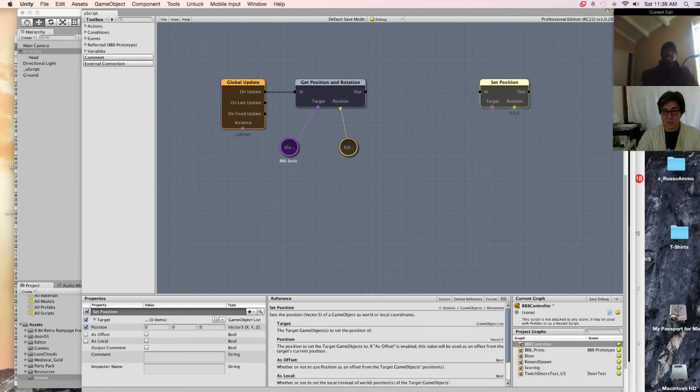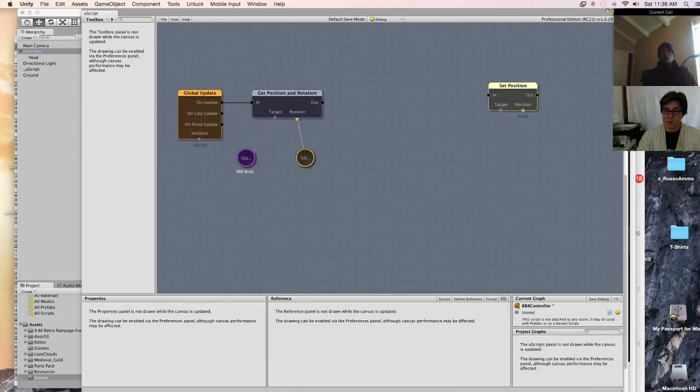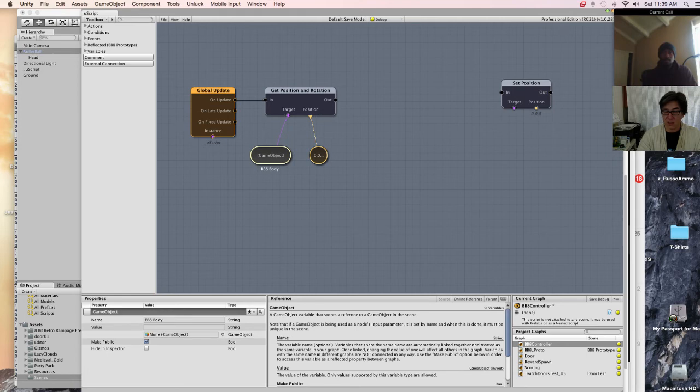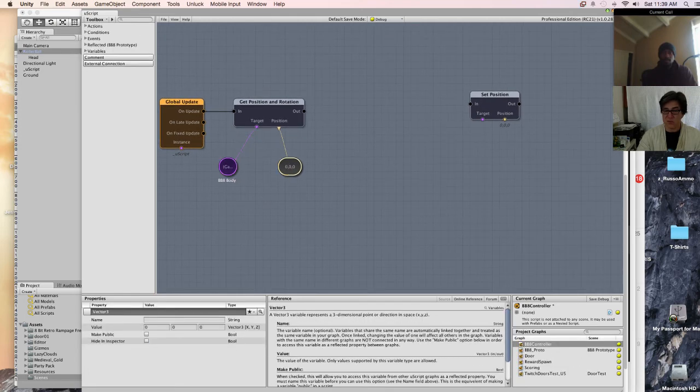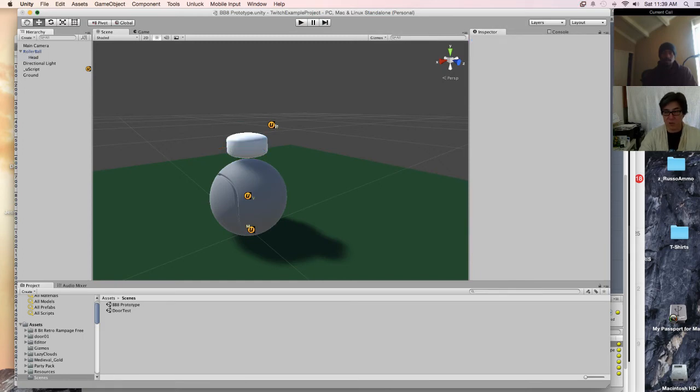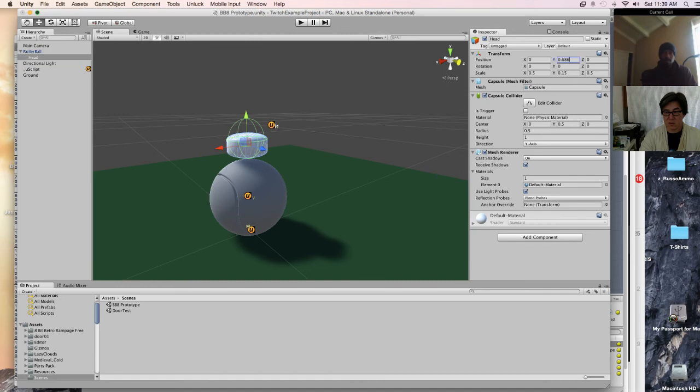We don't want to set it to that position. What we want to do is on update, after we get this position, we want it to be this position, but plus, let's look at it. Let's attach the head plus 0.7. Let's just call this 0.7, right? All right, and I'm going to actually remove the head.